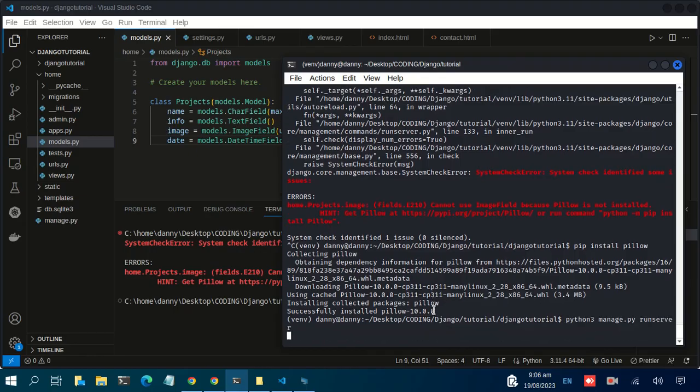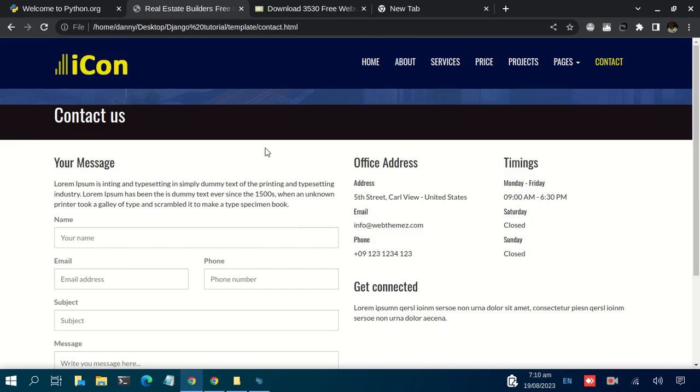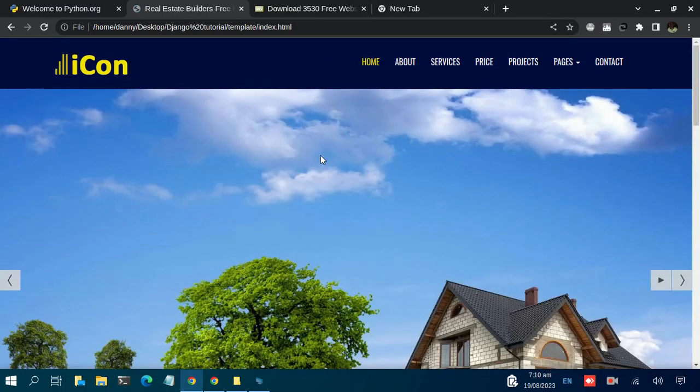So in this video, we are just going to have an overview of how to add a backend to this website and learn some key features of what